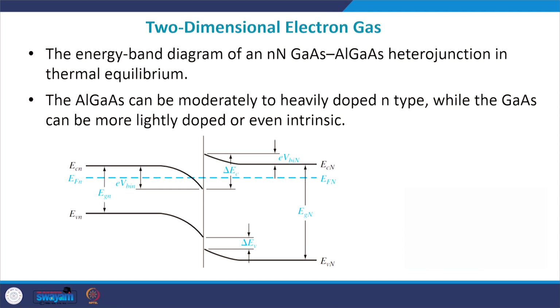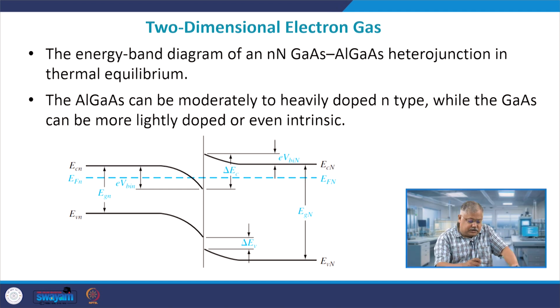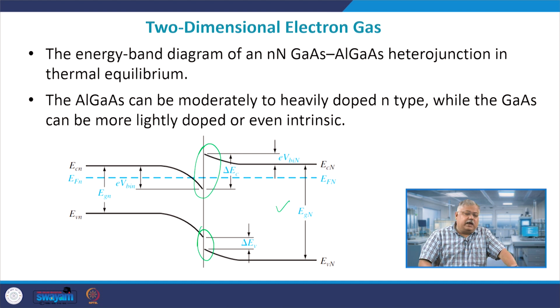Try to bring them closer to each other. There seems to be, obviously, a discontinuity, and the discontinuity is in this manner, right. So, aluminum gallium arsenide can be moderately to heavily doped to N type. Gallium arsenide is more lightly doped or even intrinsic in nature. So, you see when you join the two together, EFN actually aligns with respect to each other, right, because it